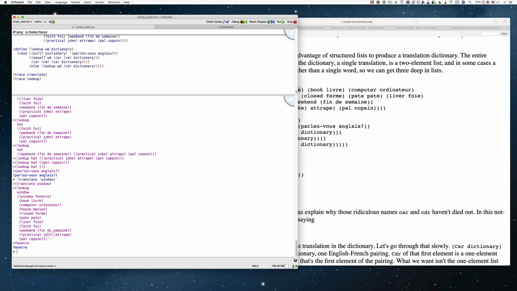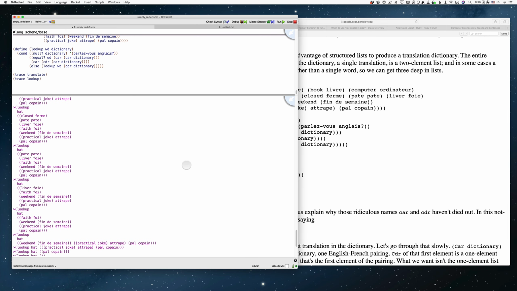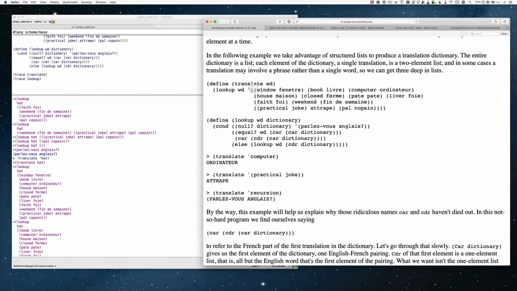So when we just did window, translate window, that was the process. It did equal word car, so it checked whether the word we gave it was equal to this, and as it was, it did car cdr, so it first selected this, and then it selected the second element. Now, with hat, since hat isn't window, then we go to else, and